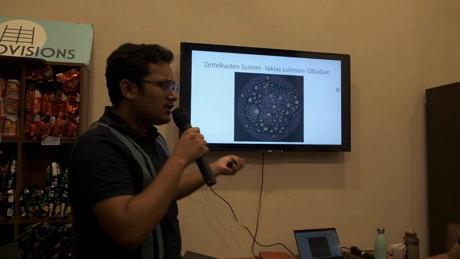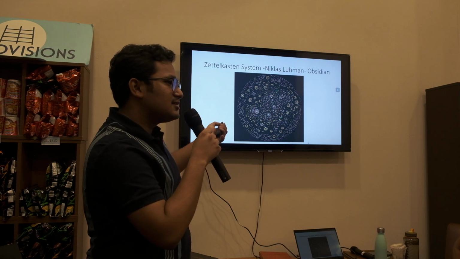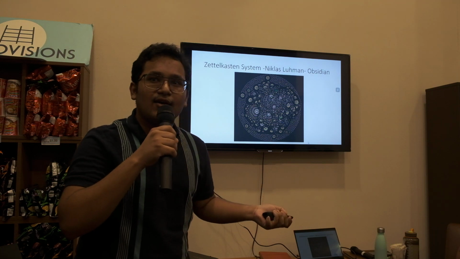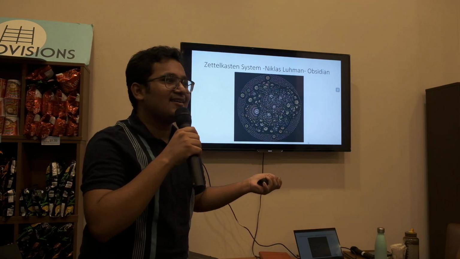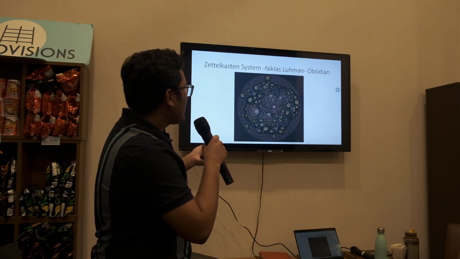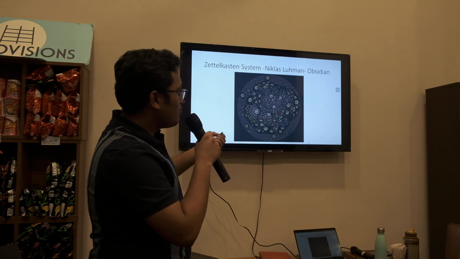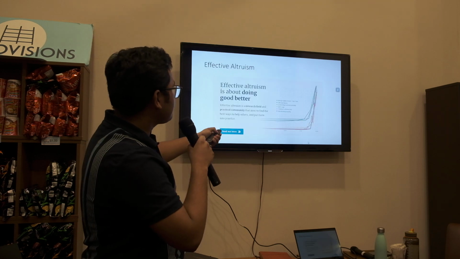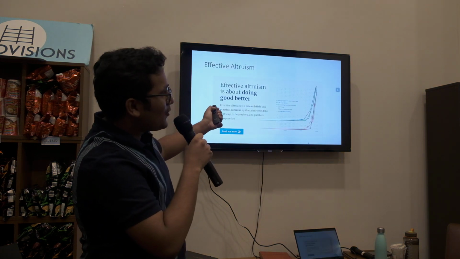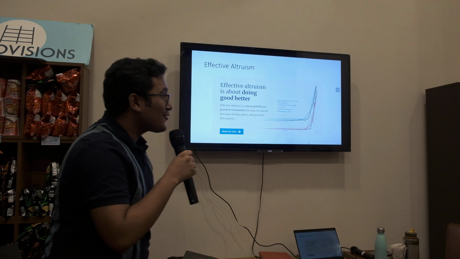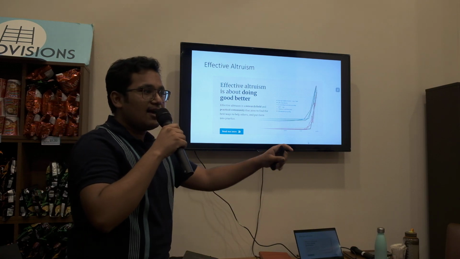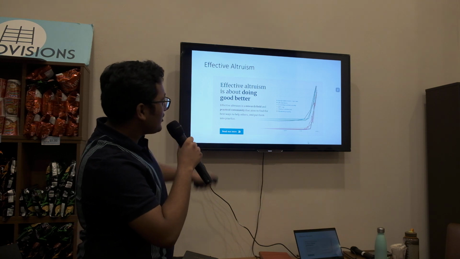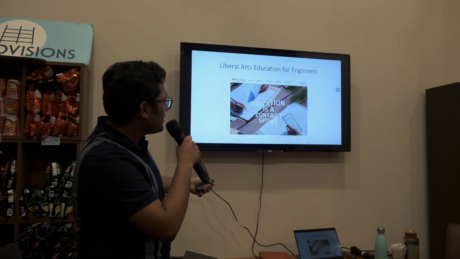Before that, I thought about talking about Obsidian and the Zettelkasten system of note-taking, which I'll touch a little bit upon. Does anyone know what Obsidian is, or has used the Zettelkasten system? Okay, that's really good. And essentially, the way prompt engineering works is a little bit linked to this. Another idea I had was talking about effective altruism. Someone here has a very nice background in it, but I decided against talking about it because I don't have enough experience in it either.